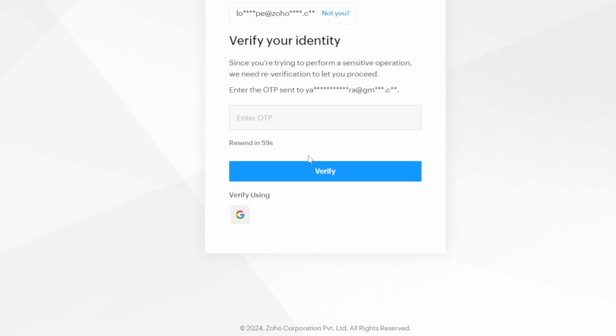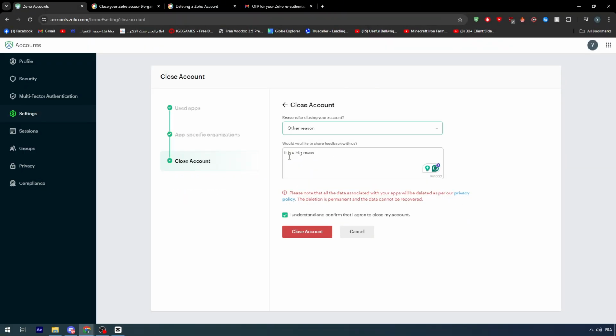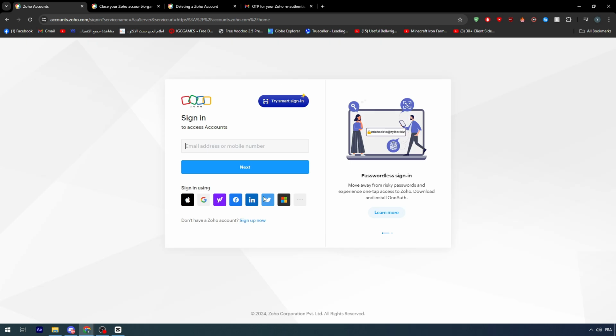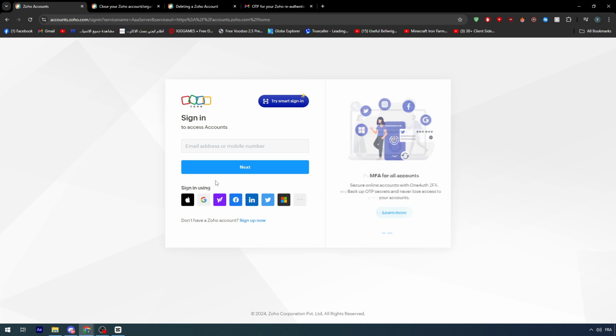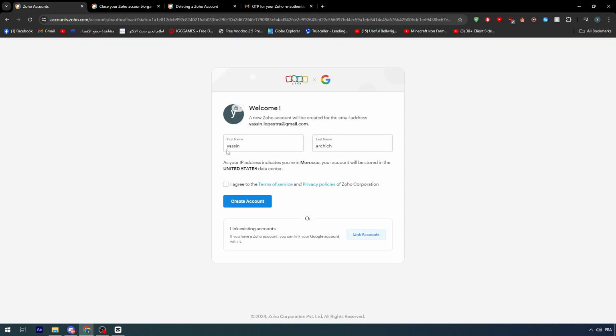As you can see here, we need to actually verify it again. So yeah, let's do this. And as you can see now, the account is going to be deleted permanently. Now, this is the only way that the account is going to be deleted. So let me try to connect to the account real quick. And as you can see, this will take me to the sign